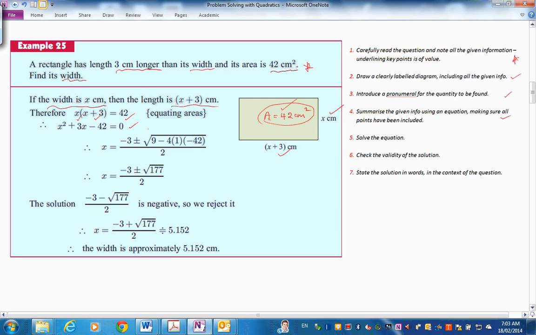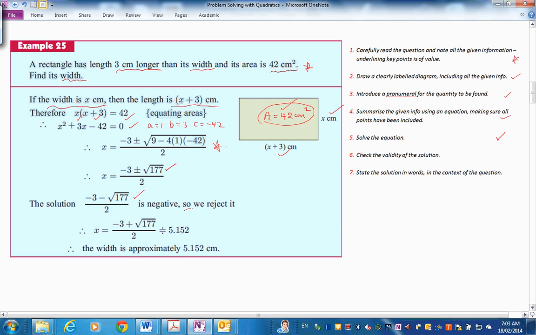So we've done it. We are now down to solving the equation. We're going to use the formula for the roots of a quadratic, and there it is. We might just put the values in. A is 1, B is 3, C is negative 42. So we get 177 in there, and we've got two answers, negative 3 take root 177 on 2, so